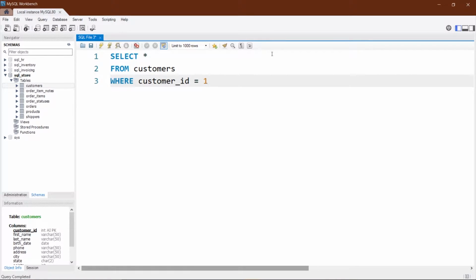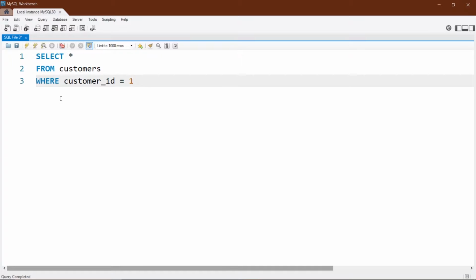Star means all, so select all from the customers table where the customer ID is equal to 1.